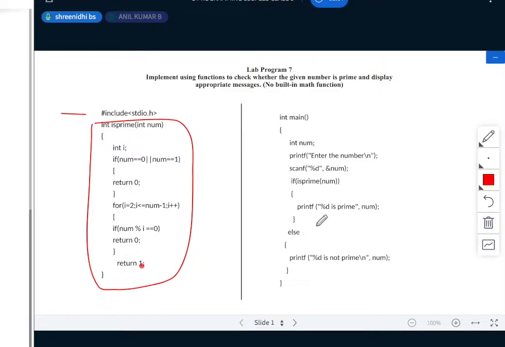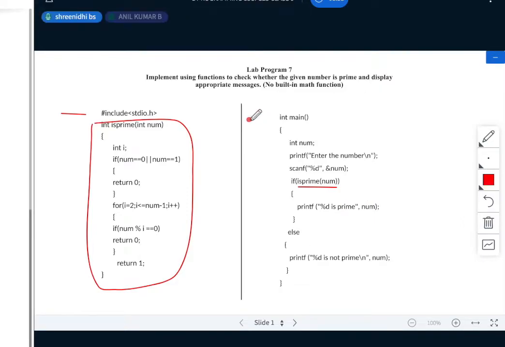Now let's come to the main program. Here my input will be num. The number will be a single digit number or any integer number, positive integer number. So enter the number, scanf("%d", &num). Now here I am passing a function in this if condition. So what do you mean by 0 and 1 in your C language? 0 means false, 1 means true. Correct, no? So if this function returns me 0, it means it's false. False means the else part will be executed. If this function returns me 1, means true, it will print the number is prime. This is your main program.